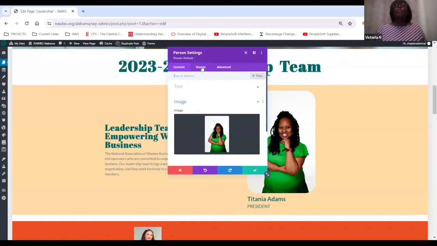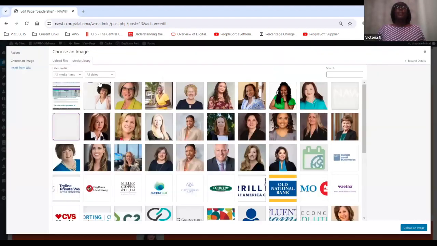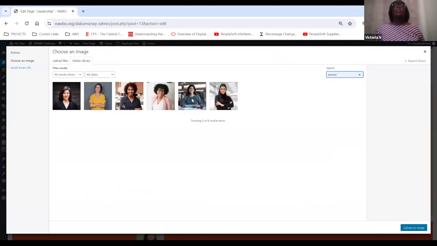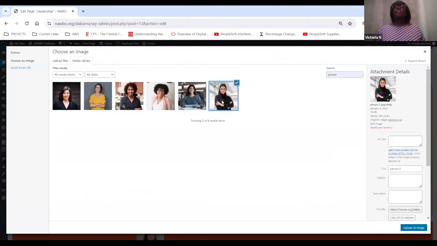So you don't click on design, click on content and then click on image. When you click on image, you can double click on the image and the media library will appear. So let's say you want to replace that image with something else. I want to replace the image with another image. So I'll click that,